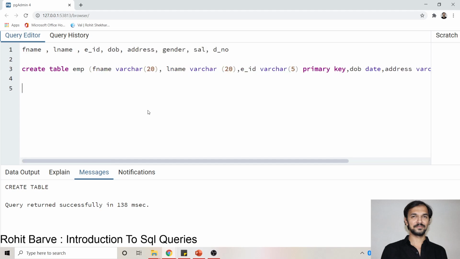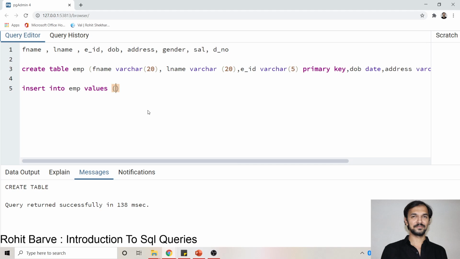Okay, as we have created a table, now let us understand how to insert values in the table. We have to insert values in the table in exactly the same sequence as the sequence of columns. The syntax to insert values into the table is insert into table name. Here the table name is EMP, and we have to write the word values and a round bracket. So insert into table name and values. Insert into and values are the keywords.